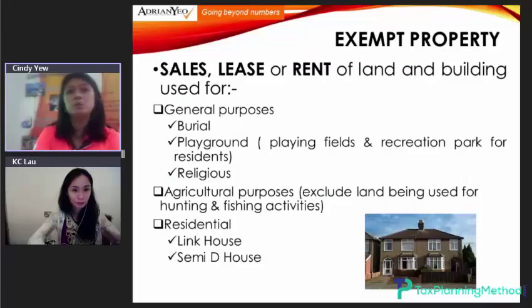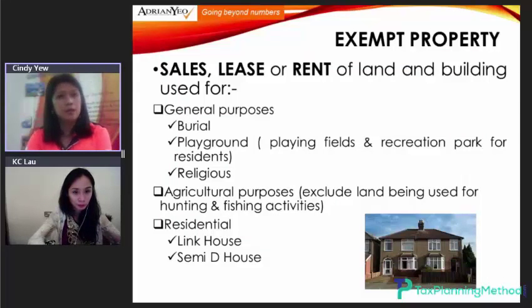Another type of property will be exempt property. Any transaction involved